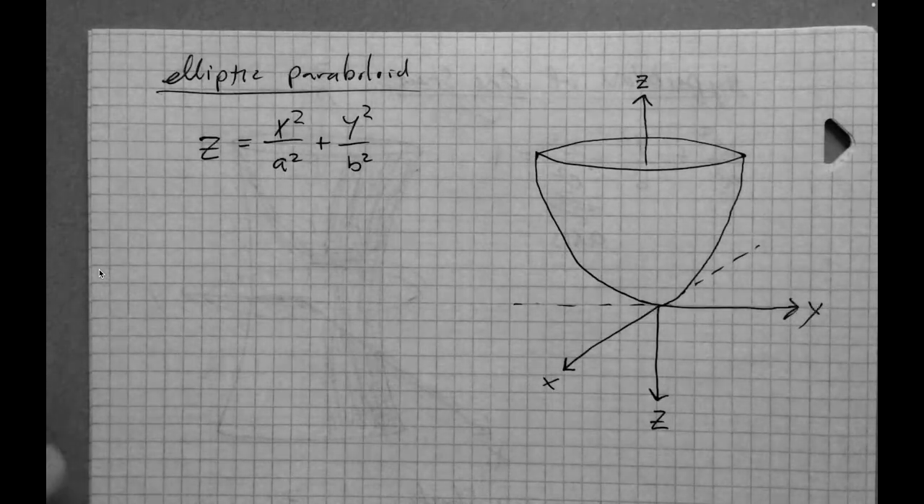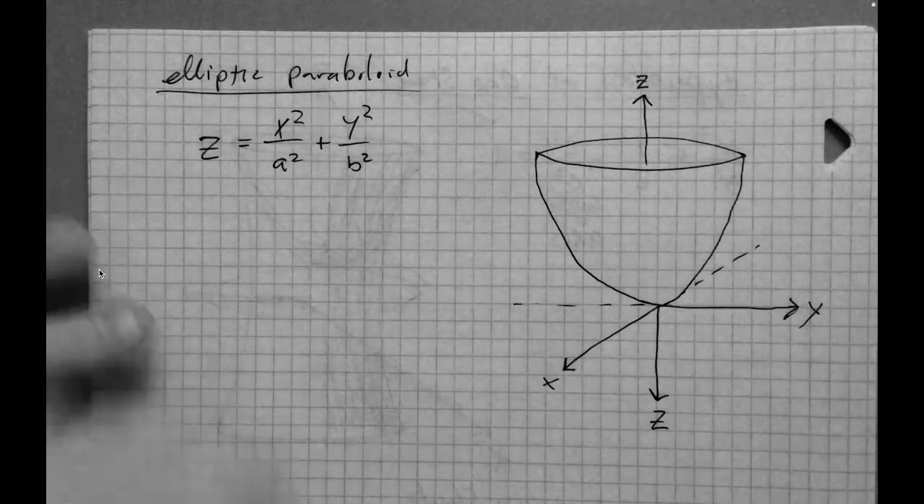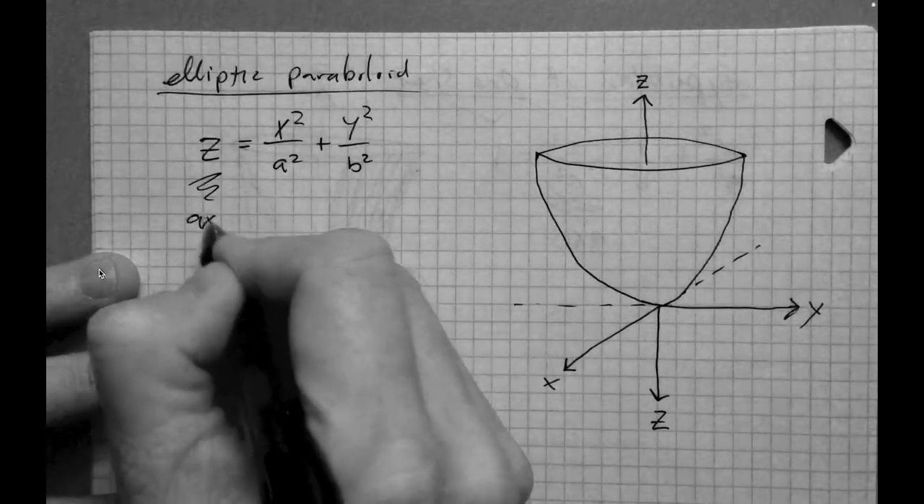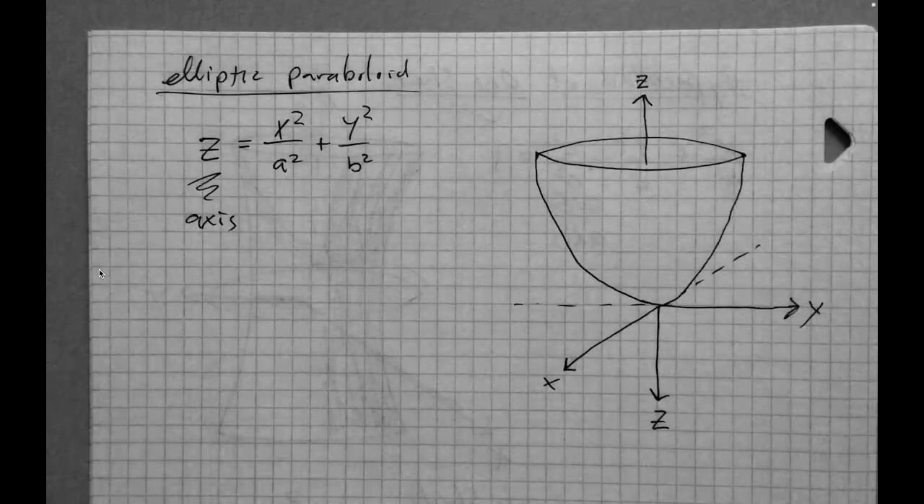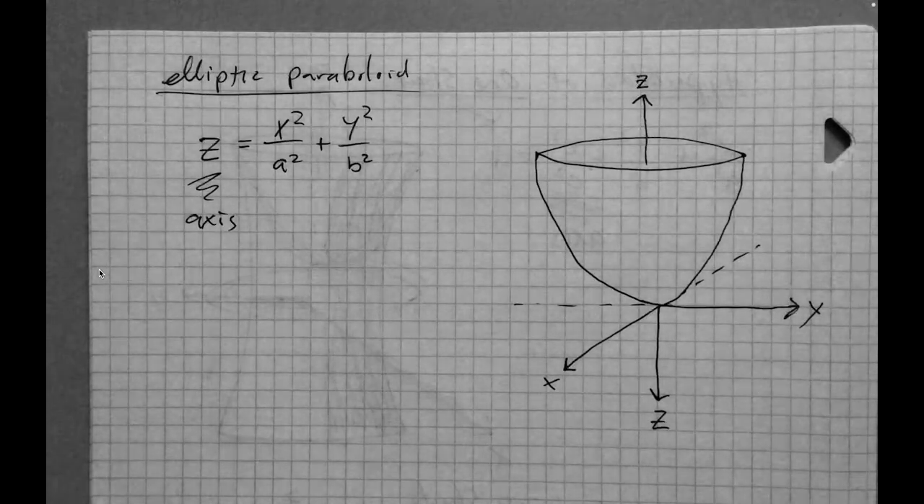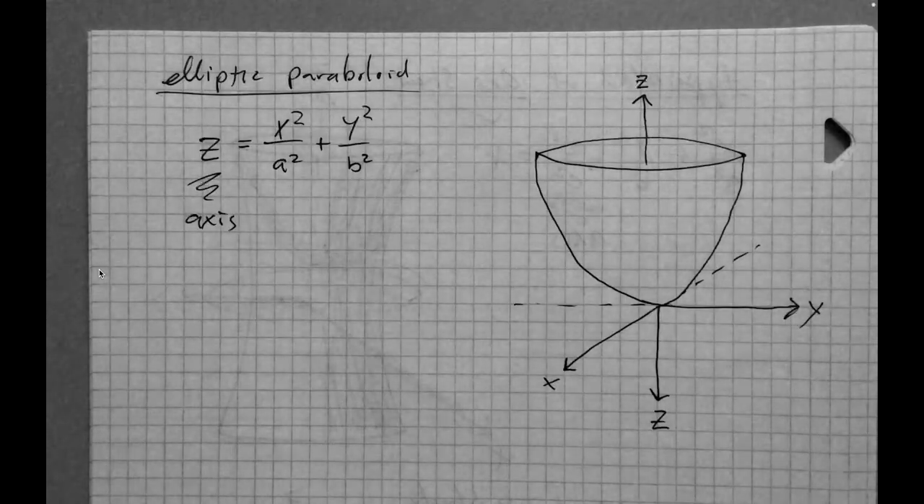Okay, and here the axis is going to be represented by the variable that is a first degree variable. Right, so raised to the first power. The x and y in this case are second degree. The z is the first degree variable, so that's where the axis is going to reside along that direction. Okay,